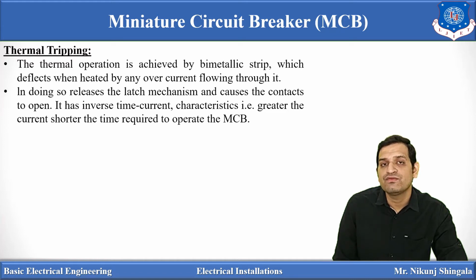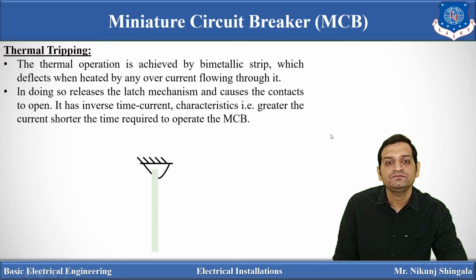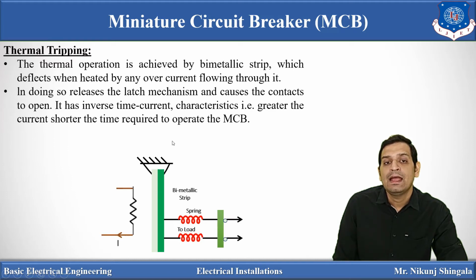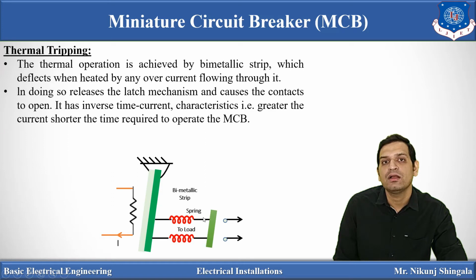So when an excessive amount of current is flowing through the bimetal element, it gets deflected, it releases the latch mechanism, and the load can be disconnected, which can be seen here. Here you can see this is the bimetallic strip, and this is the load, current flowing through the load. Now, this bimetallic strip is connected to the supply to the load by means of a spring. When excessive current flows, it heats and gets deflected, you can see here, and the spring will work. There is a force on the spring, so the load can be disconnected from the supply. So this is how thermal tripping works in the miniature circuit breaker. Now the load is disconnected from the supply.